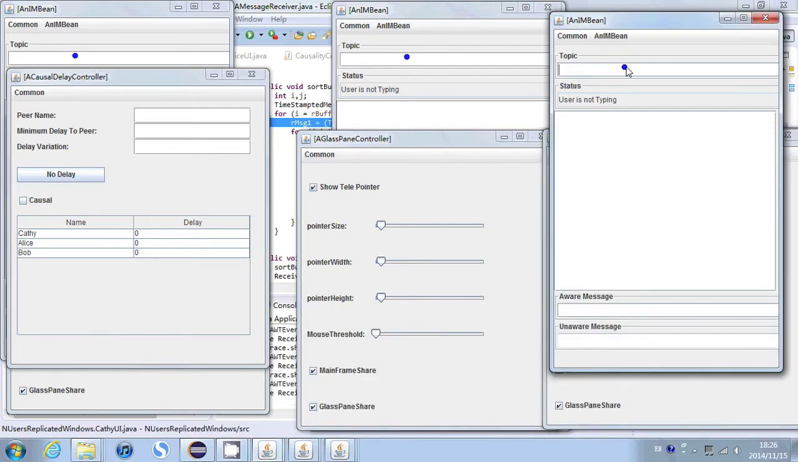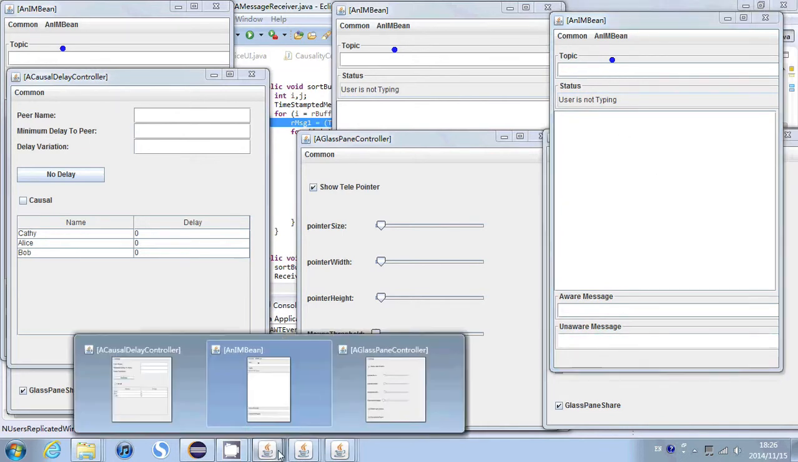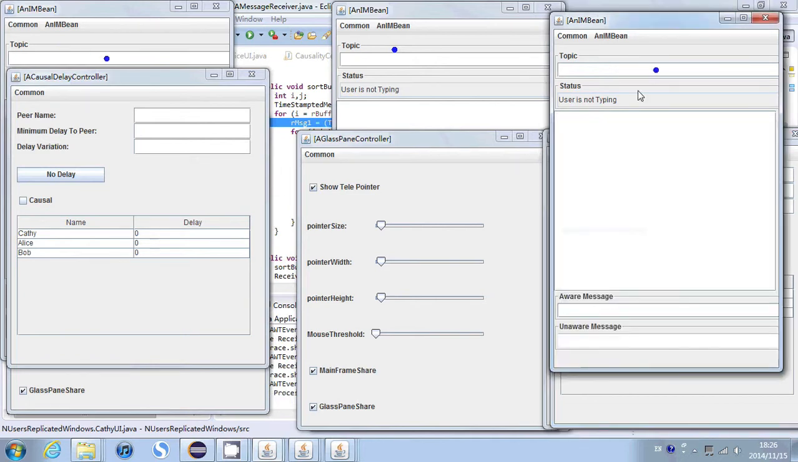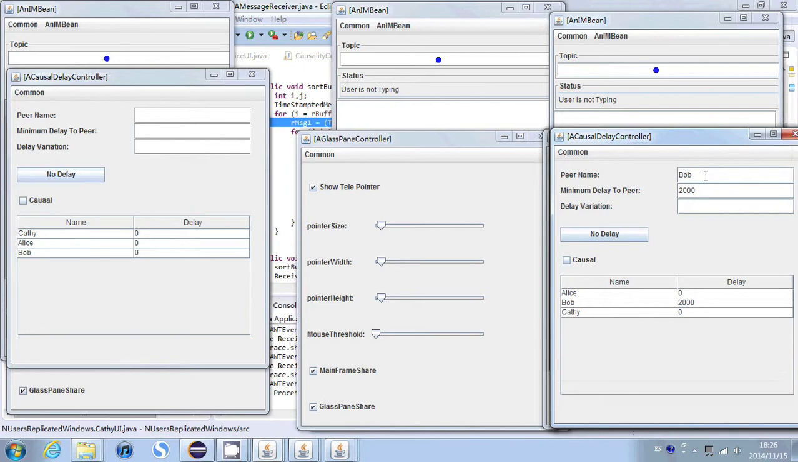And here we can see that the movement of the telepointer is shared immediately. And if we set up some delay, for example, Bob for 2 seconds, we can see that after 2 seconds, Bob's telepointer will move. And now we just set up C to 10 seconds,